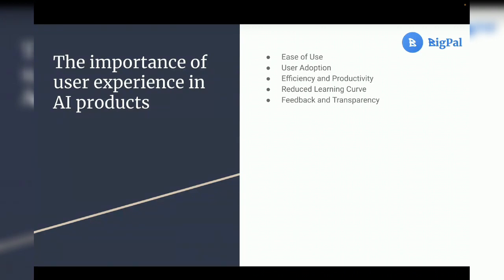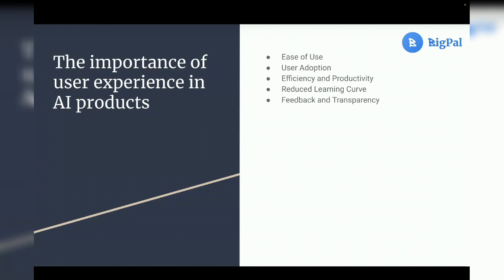So imagine getting on a website or an app and it is not usable. Trust me, I will leave. I have entered sites to perform very basic tasks, and I just felt like the clicks were too much. I had to navigate. I just felt like this is not usable. So whenever you have to design any product, it doesn't have to be AI, make sure it is very usable. Make sure it is very easy to use. That's very important.